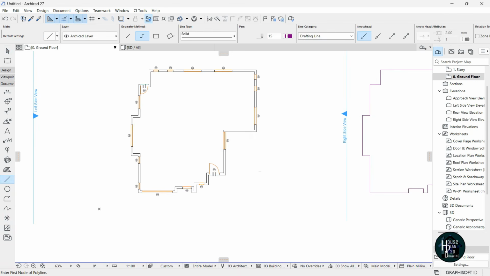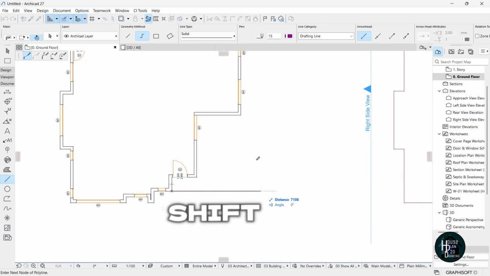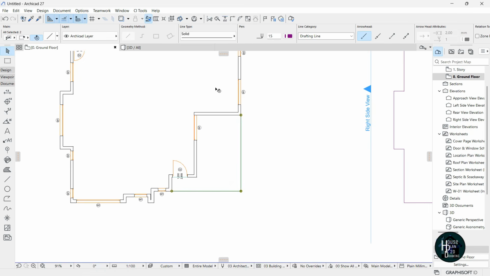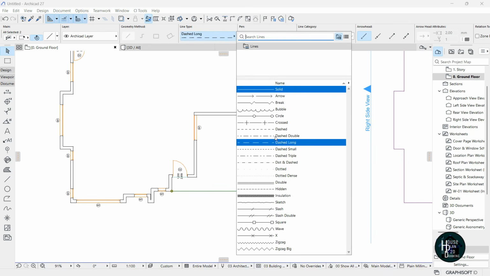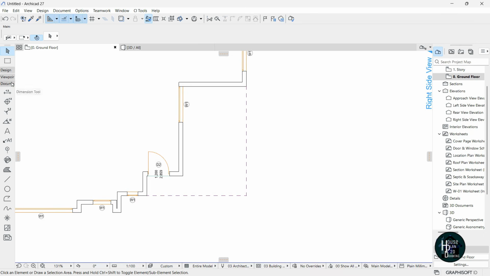I'm going to click on the line tool and try to align this. Click this, hold on shift, then come back and click here, then double click here. Highlight this and let's change it to be the dashed. Now the next thing I want you to do is to come to the design tab,